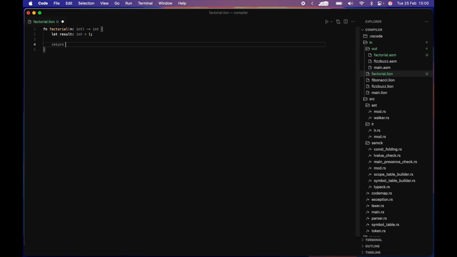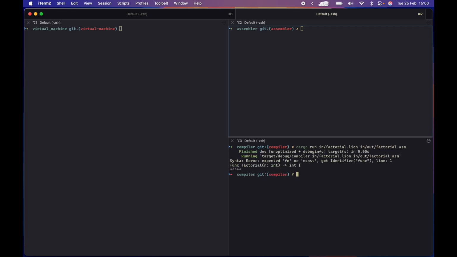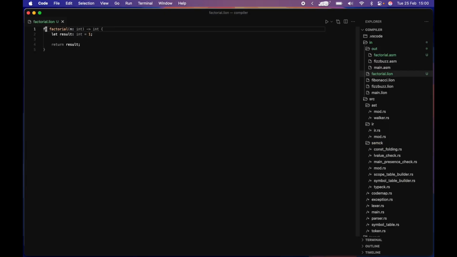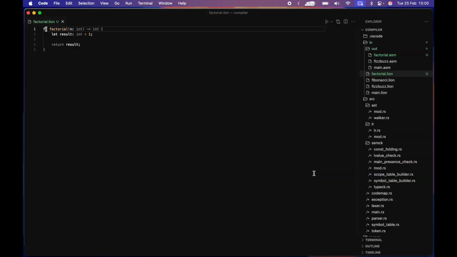and returns a result at the end. I'll also note that if you have an incorrect keyword, say func instead of fn, and you try to compile the program, it should show an error there, expected fn or const. If you fix that, it will compile correctly. As you expect, a main subroutine is needed, so if you quickly include that, then call factorial with 6, say,